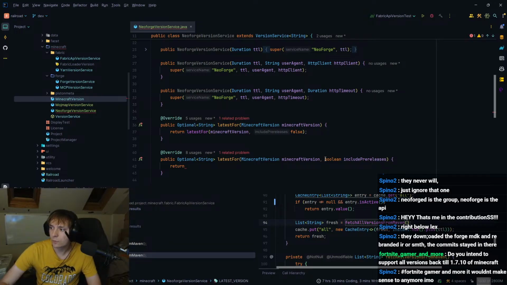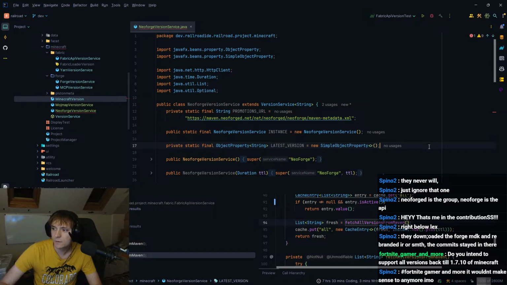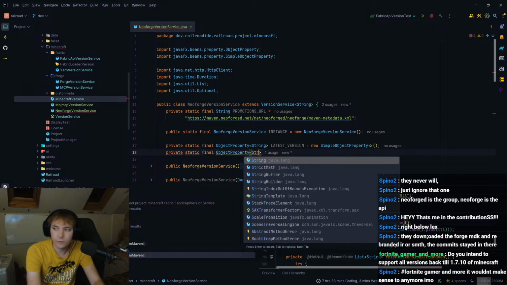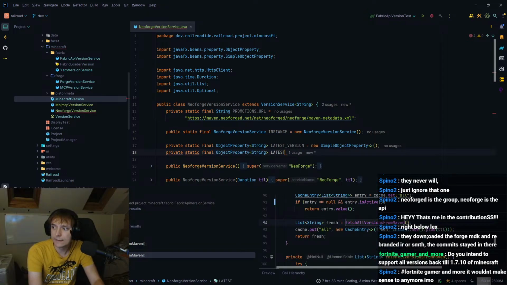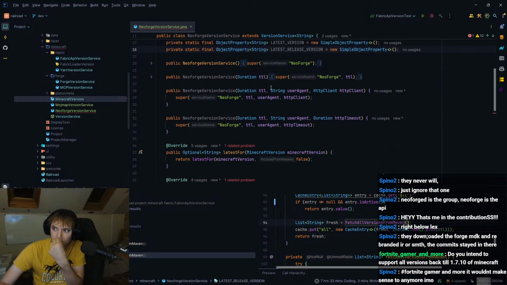This is the latest, not including pre-releases. So what I could do is have an object property of string, latest release version, like that as well.